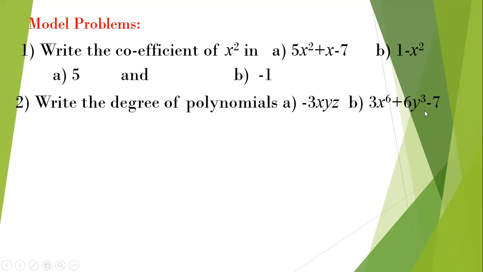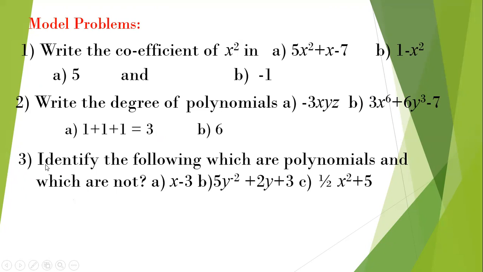Coming to the next one, what is the degree of this? 3x power 6 plus 6y cube. The variable here is x, its degree is 6. Another variable is also there, that is y, its degree is 3. But what is the largest degree of the variable terms? 6 is the largest degree among all the variables. That is why this 6 is treated as the degree of the total polynomial. Check it. The first one is 1 plus 1 plus 1, that is x, y, z. And the largest degree of variable terms is 6.